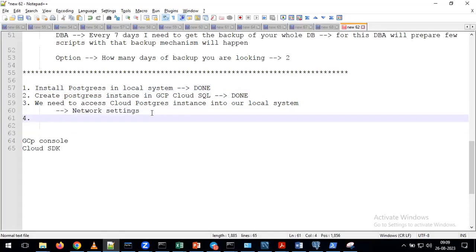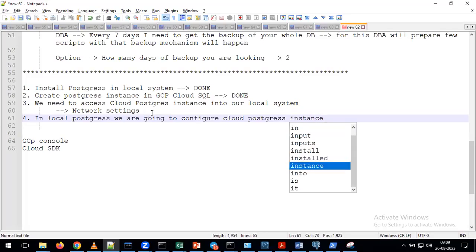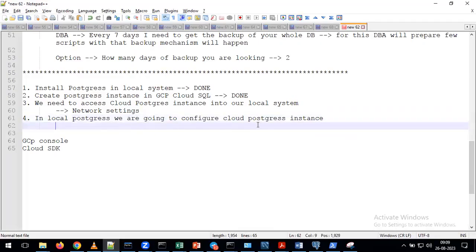Fourth step, in local Postgres, we are going to configure the cloud Postgres instance. So what I'm going to do here, using the local Postgres we installed, I am going to configure the cloud Postgres instance, and after that, I will run my queries.